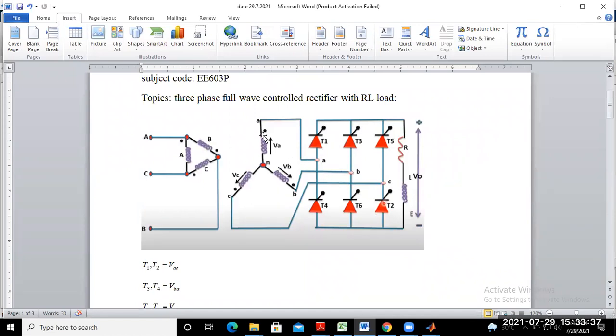One is a three-phase AC source, is it not? Three-phase transformer, three-phase AC source. Delta star transformer. That means three-phase AC source. And next, what component? Another component is your switching devices.